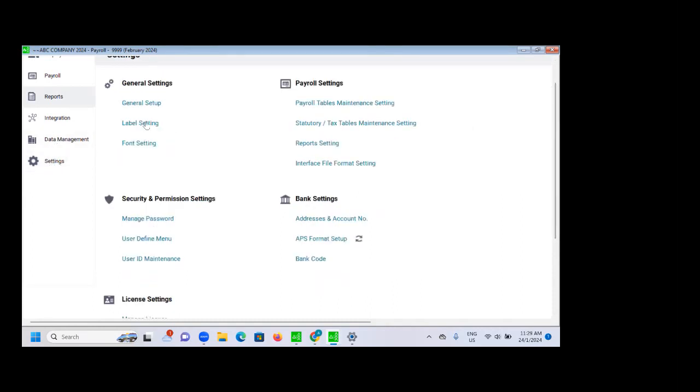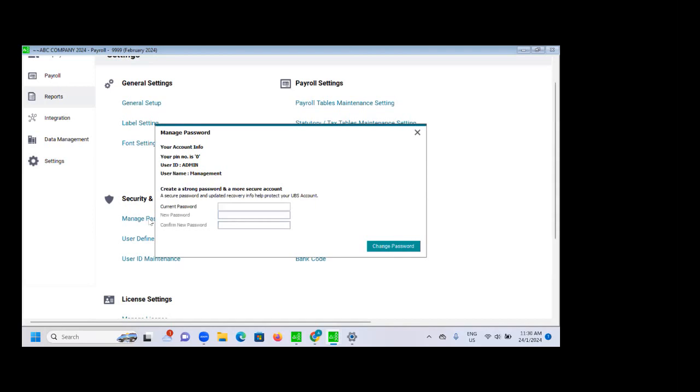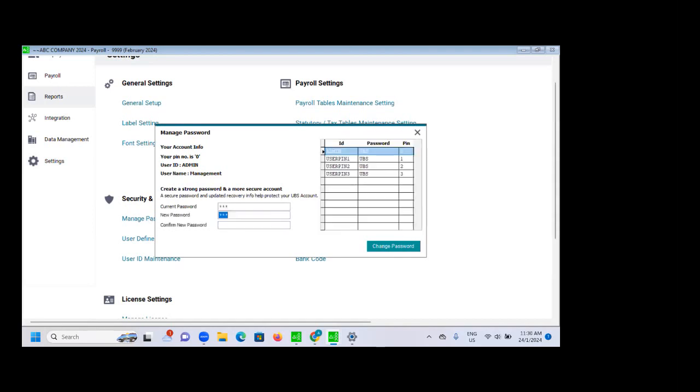Intake report setting, general setup, label, set form setting. This is a password. Password, you can key in the current password. You can change. Let's say you've got control label, right? Just now, say I have label 1 and I don't want people to see. So you give them label 2 or label 3 or label 1. You don't give them label 0. Label 0 is the master. You need to create